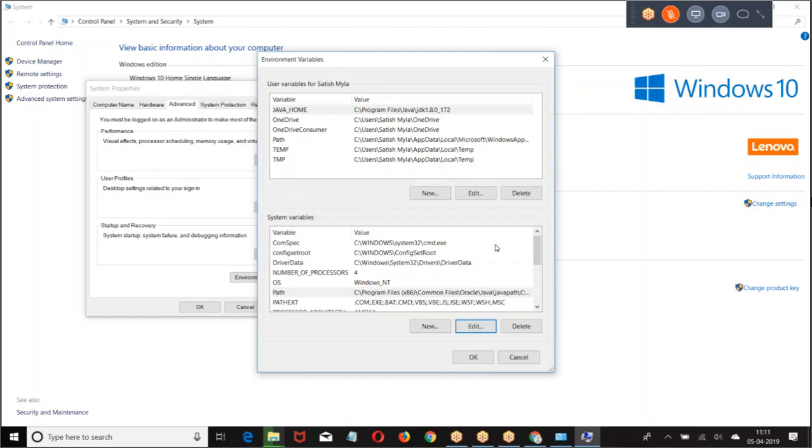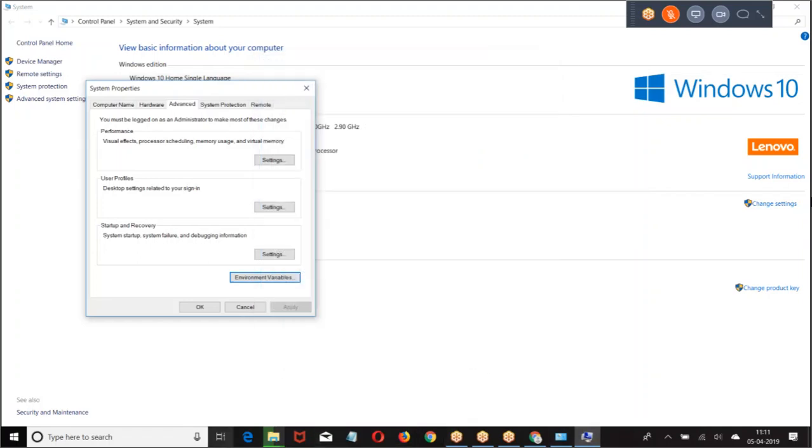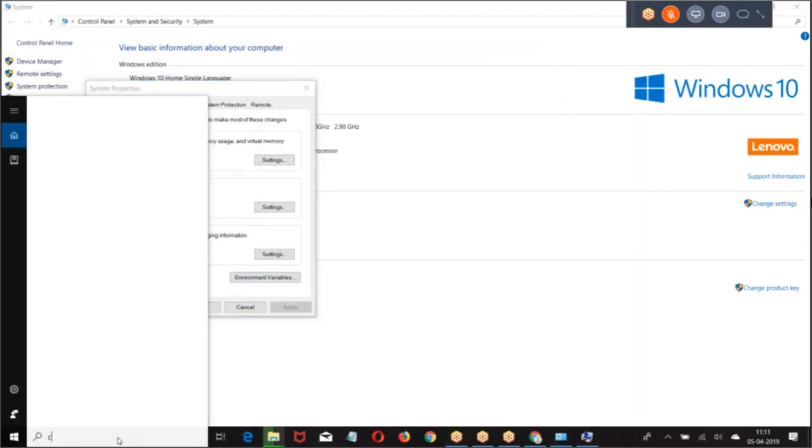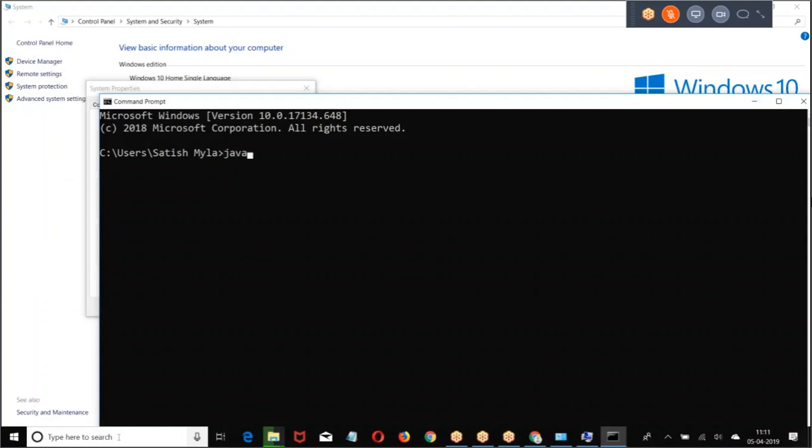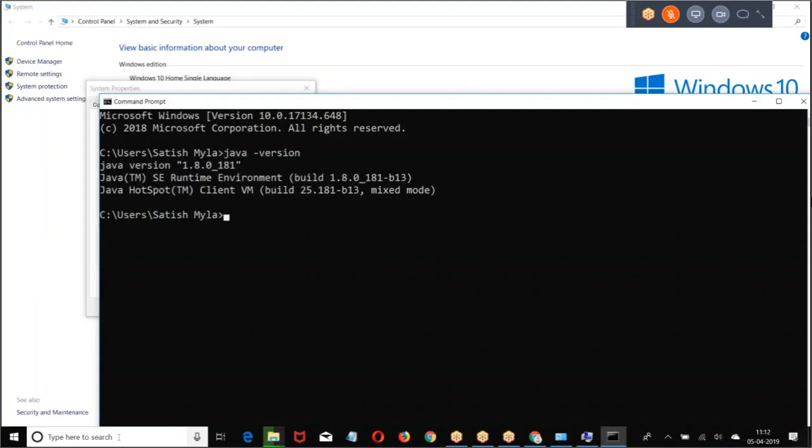Java home path. Path will already exist. In the existing one, give a semicolon followed by the Java bin folder path. In the home, without the bin folder. Right. Done. Go back to this command prompt. java -version 1.8.0_181.